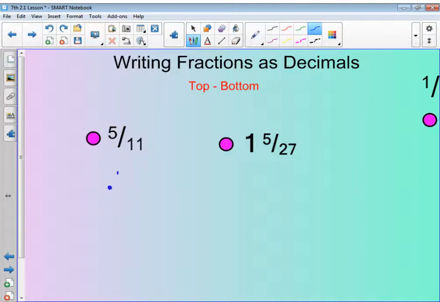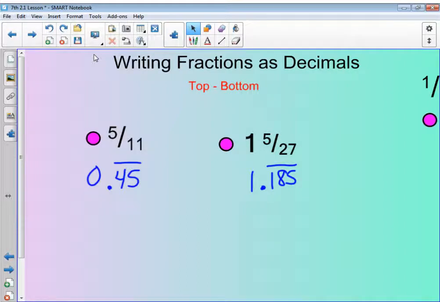You should have gotten 0.45, both repeating, for 5/11ths. And for 1 and 5/27ths, you should have gotten 1.185 with all of these repeating. Okay,